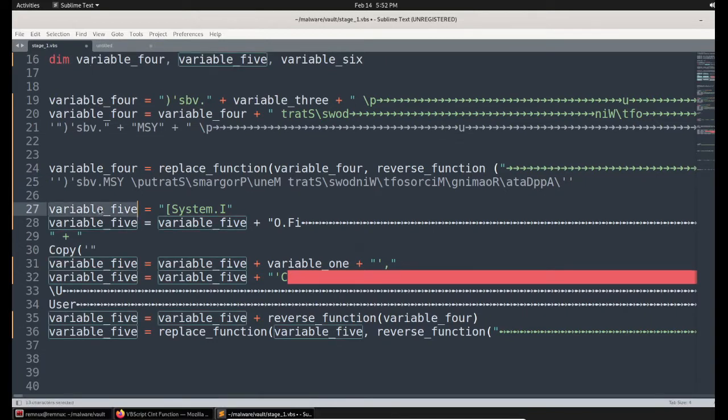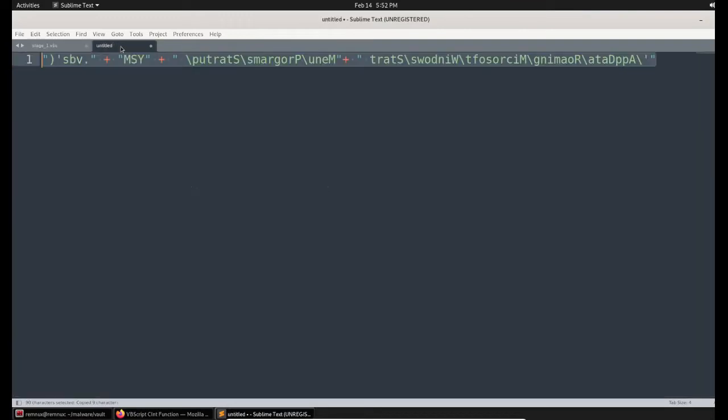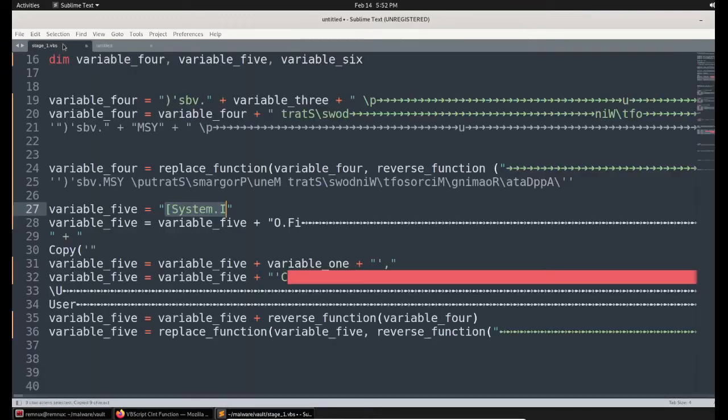They defined the value to variable 5. The variable 5 has a string. Let me remove that. Here is the string, and the next variable 5, once again they defined, but this time they called variable 5 again, the same string, and they are appending it with another blob.